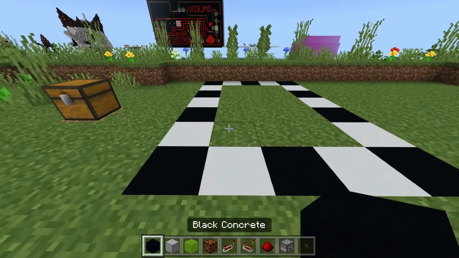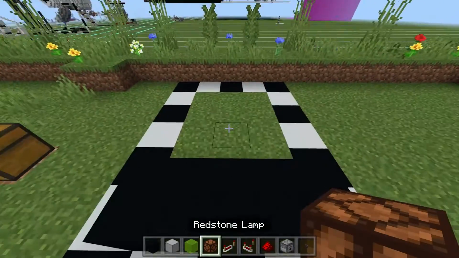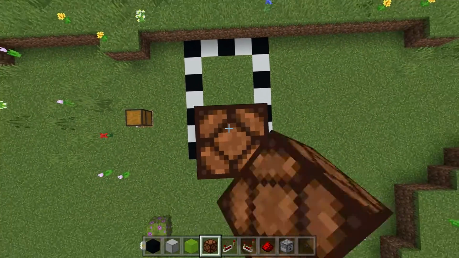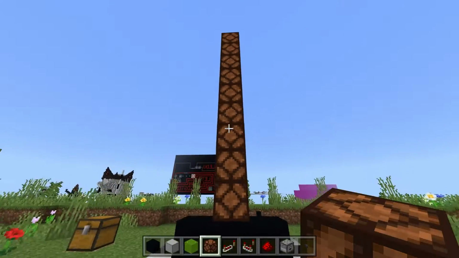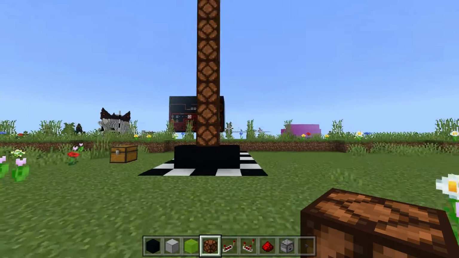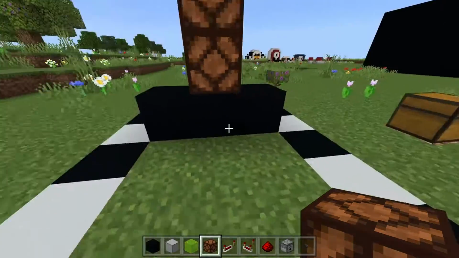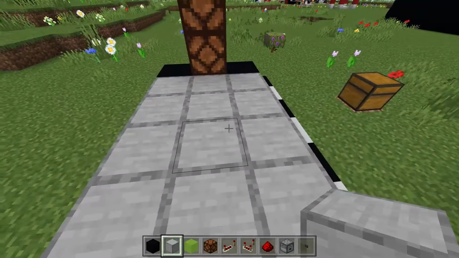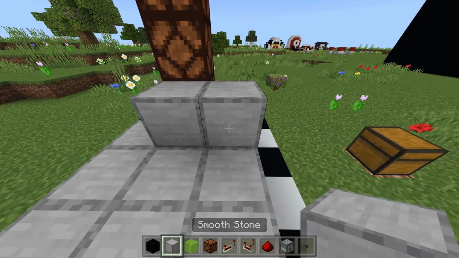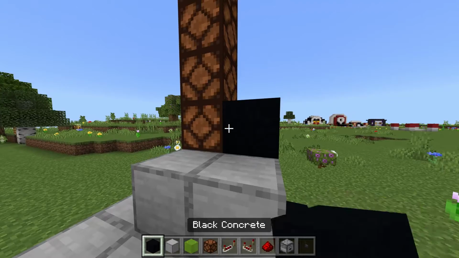Start off by placing a line of decorative solid blocks right there in the front, and then your 9 redstone lamps on top. There you go. You have your 9 lamps like so. Now come around to the back and get your solid blocks of choice and fill this in. So it's 4x3 of solid blocks. Put a solid block behind that first redstone lamp, and then a decorative solid block on the side of the